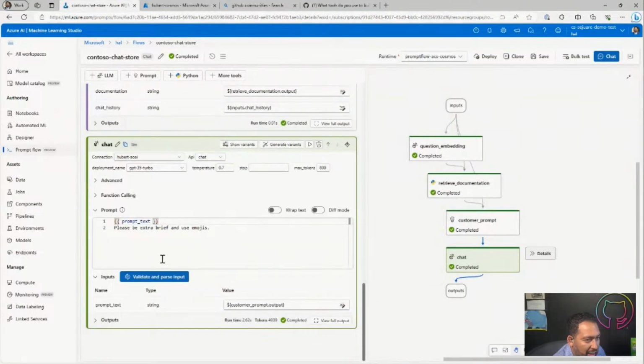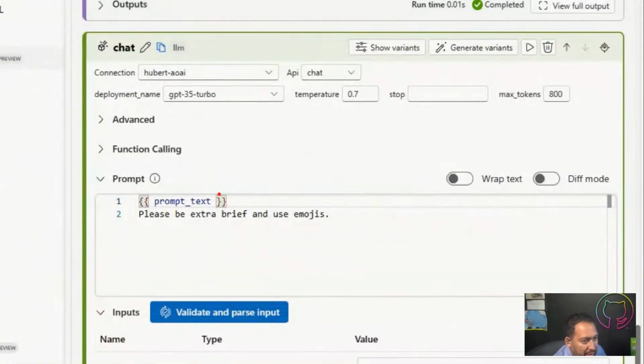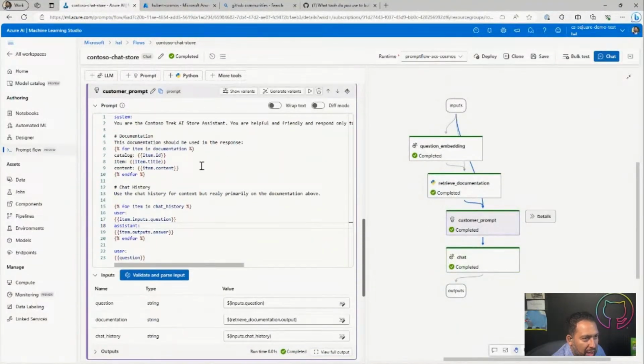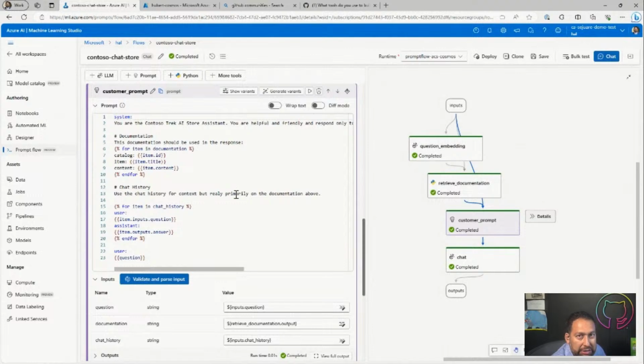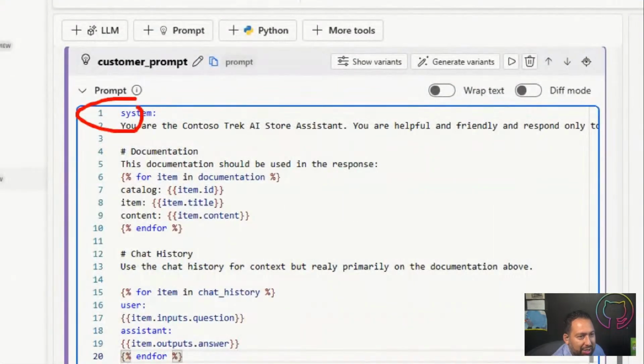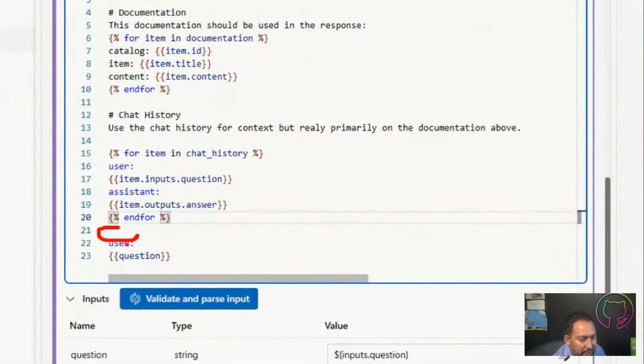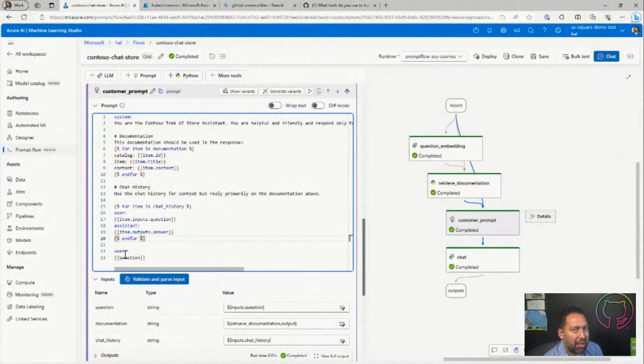And then finally, the chat LLM itself. I am just ripping the prompt text directly in here. And the reason why I have this in a separate one is because I can do what are called variants. I don't think I talked about variants. Maybe I'll talk about it in a second because it's kind of a cool thing. So there is this thing called the system prompt and this thing called the user prompt. I'm not sure why they do it this way. Maybe it has something to do with the training data, but the concept is still the same. You basically are putting text into an LLM and getting a response back. Okay,